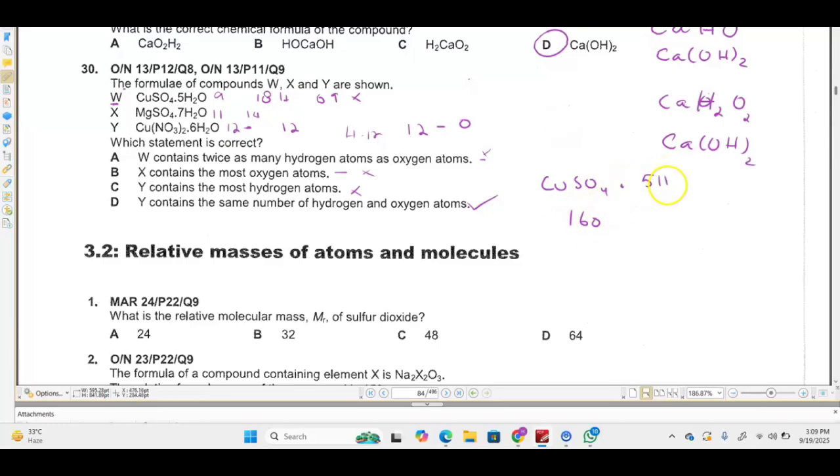Now for 5H2O, how are you going to do that? This dot sign is plus over here. Never consider it a symbol of multiplication like we do in mathematics. And then we have 5 over here. We are going to find that for hydrogen, that is 2 into 1, and then for oxygen, which is 16. So this is going to be 18. So it's going to be 90. So 160 plus 90 is going to give you the molecular mass of hydrated copper sulfate. And same over here.